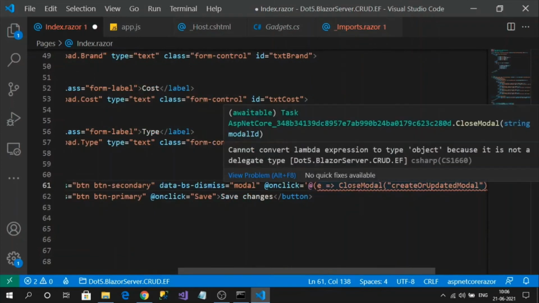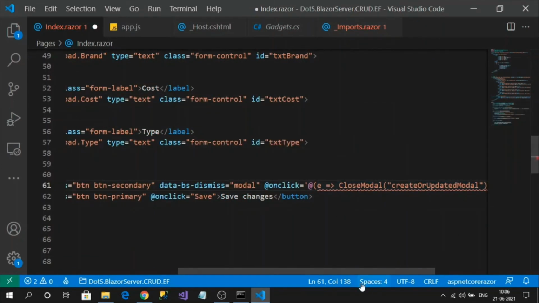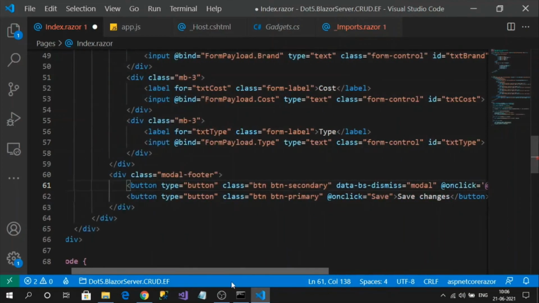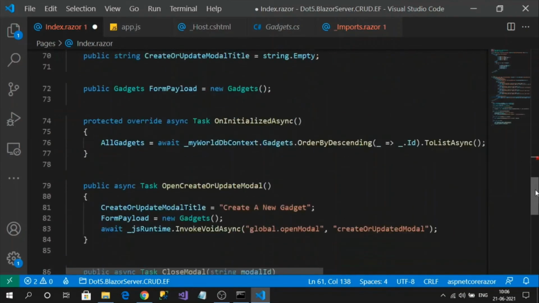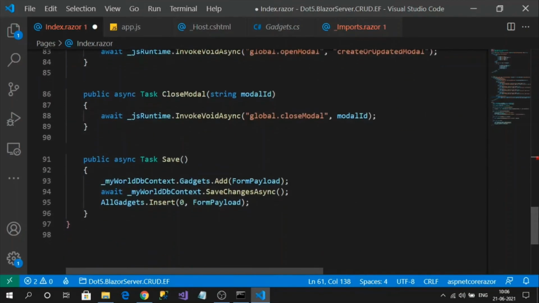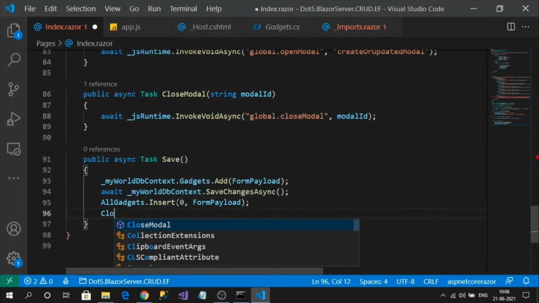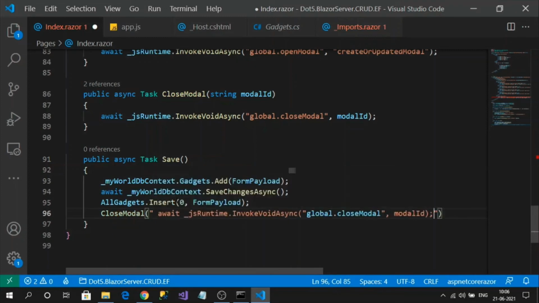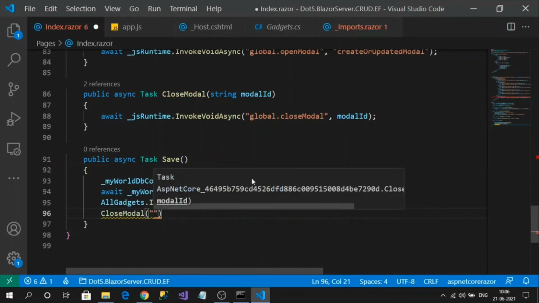You can ignore this squiggly line in Visual Studio. IntelliSense is unable to identify it. And one more thing, I need to call this method here as well. Once saved, I need to close my pop-up, right? So I can do CloseModal and pass the same ID value.